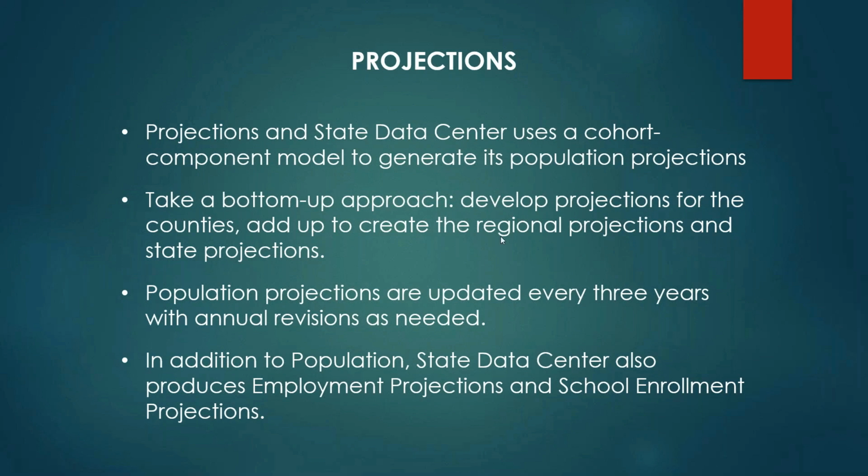Our projections are bottom-up. We produce population projections for each of the 24 jurisdictions and then add up for the regional projections and the state projection. In the case of jurisdictions in the suburban Washington region and for jurisdictions in the Baltimore region, we consult with the respective MPOs. So when we produce projections for Montgomery County, Frederick County, and Prince George's County, we consult with